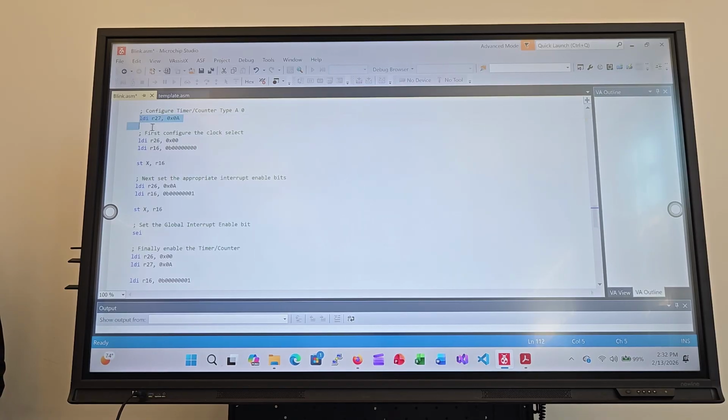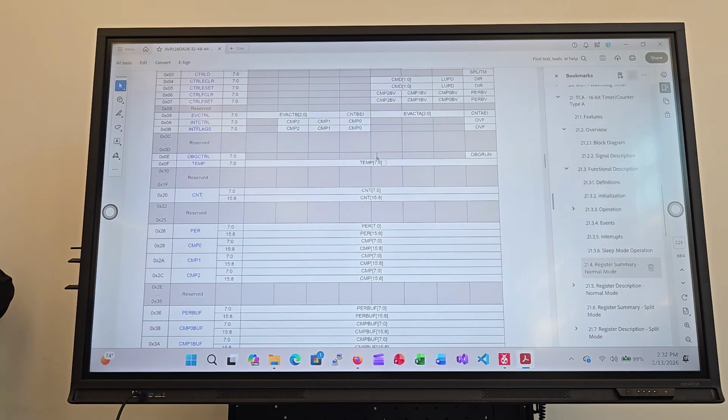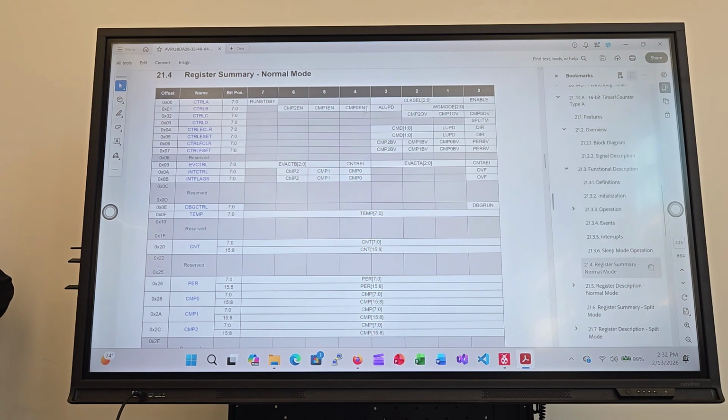So you load in register 26 and 27, those numbers, and then you configure the clock select. I believe the clock select is